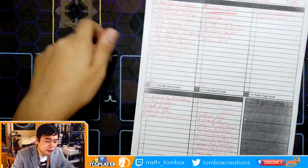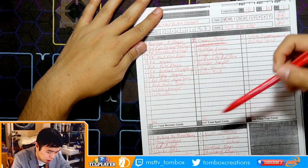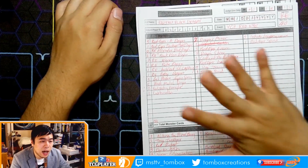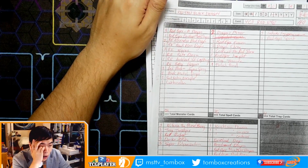So we got here our very first list. It's a Red Eyes deck, all written in red. Seems like the numbers are all in order. We got a proper side deck, a proper extra deck. And this is 100% a deck list that I will probably make you rewrite the entire thing because you wrote